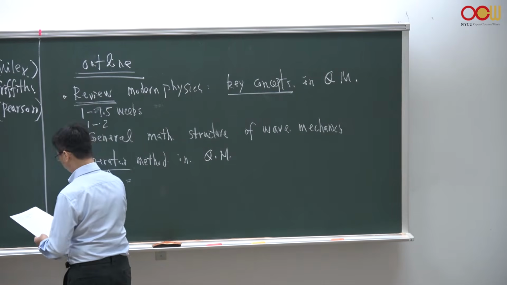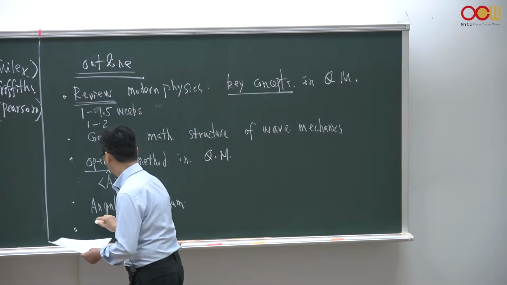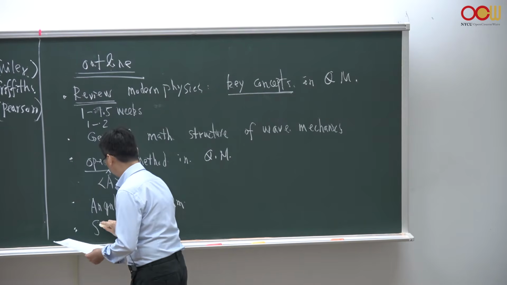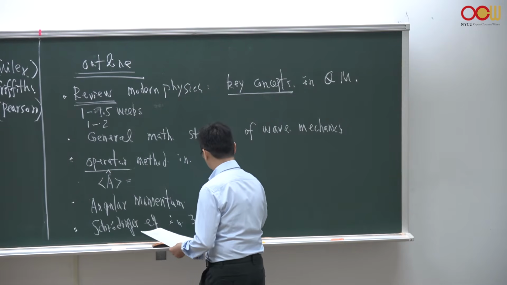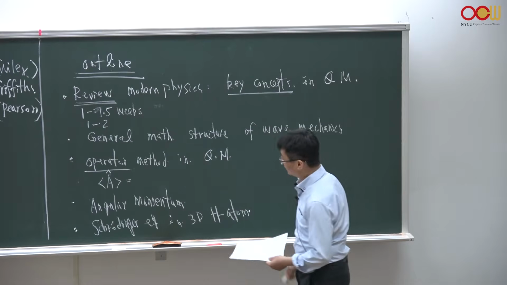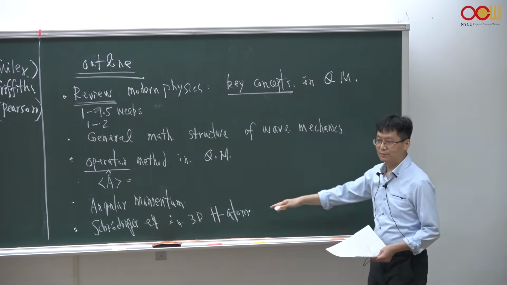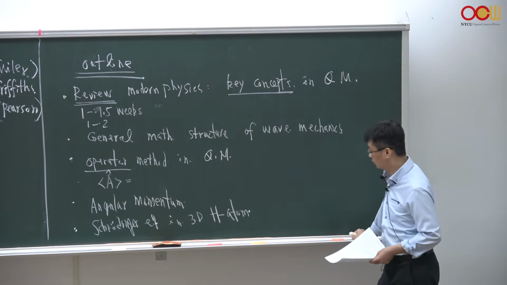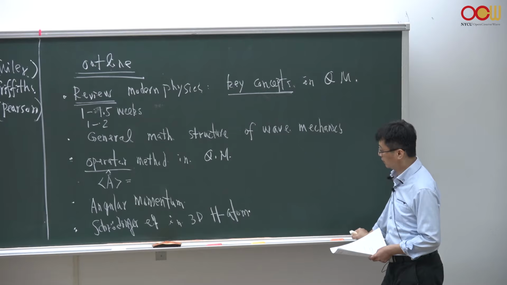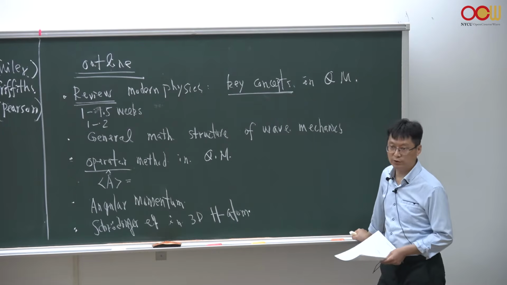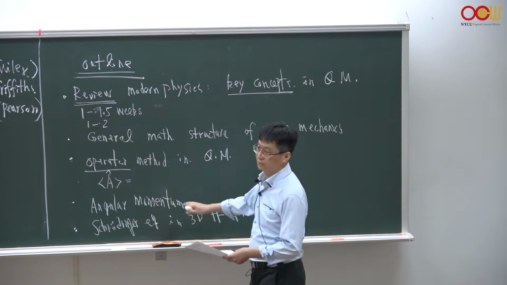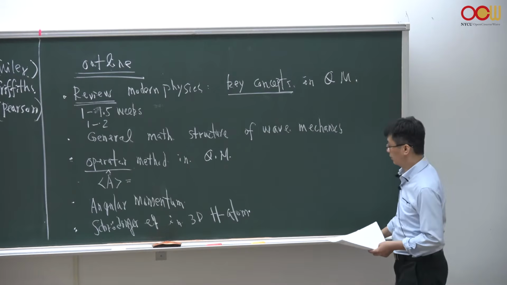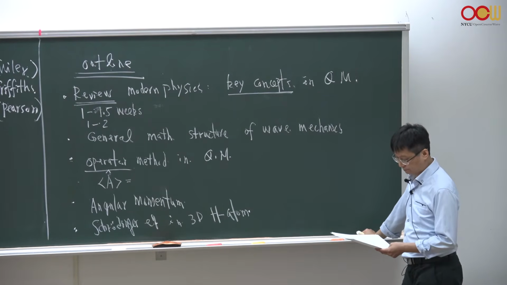And then we will go to angular momentum and then the Schrödinger equation for the three-dimensional hydrogen atom. This is a well-known problem which I believe many of you already learned in modern physics, but not in great detail. So we will solve this three-dimensional hydrogen atom by solving the Schrödinger equation, and then we analyze the solutions of this hydrogen atom. And then